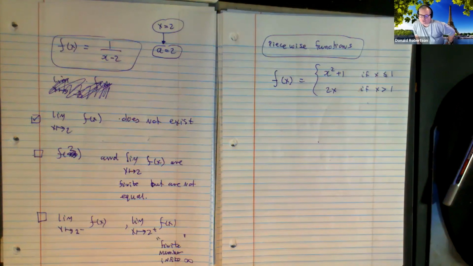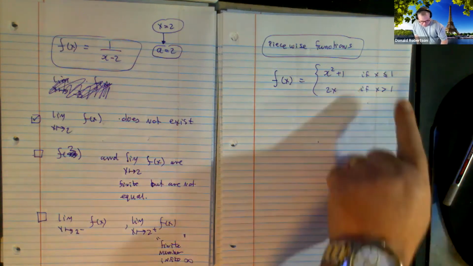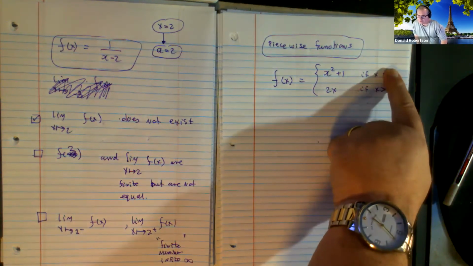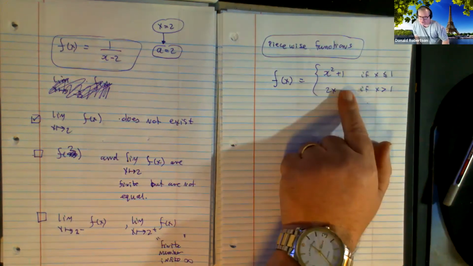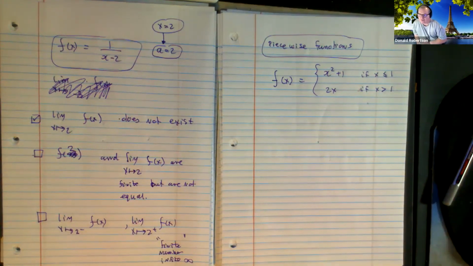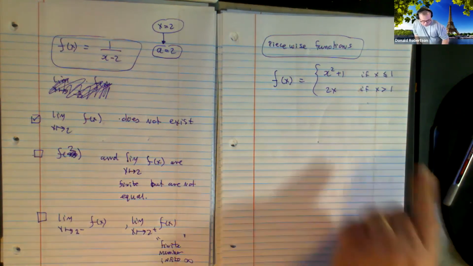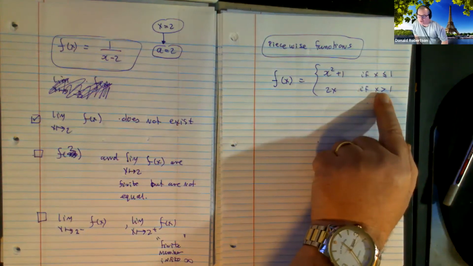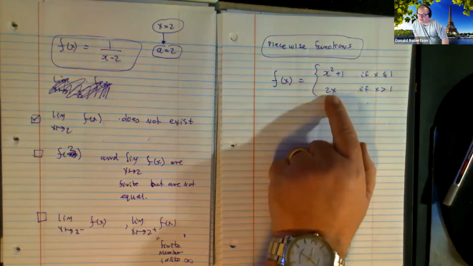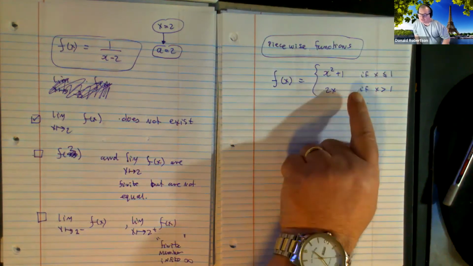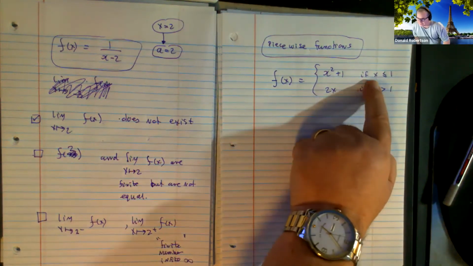Now, piecewise functions tend to, but not always, cause discontinuities, right? And they almost always cause them at x equals 1. Do you see the boundary between these two? So if you were interested in, does this function have a problem, right? Does it have any value of x that's going to cause me trouble? Would you agree the only place where this is going to cause trouble is at x equals 1? Would you agree that's just a straight line and that's a curve, and straight lines and curves don't cause problems, right? So how do we decide if this is a problem?